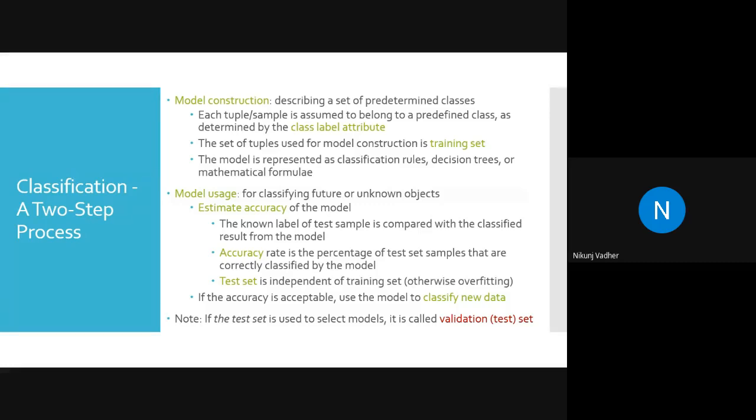Previously it was CAPTCHA. If any unknown word is there, they will take the image and publish it everywhere. If the majority of people are voting that this is Apple, then they will consider it as Apple. That is how OCR, optical character recognition, works. So they will use whatever label you have given in training that algorithm.